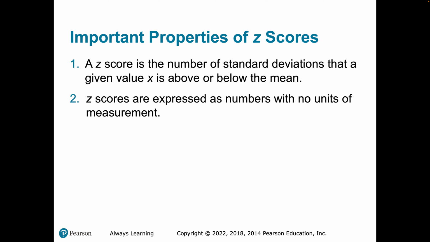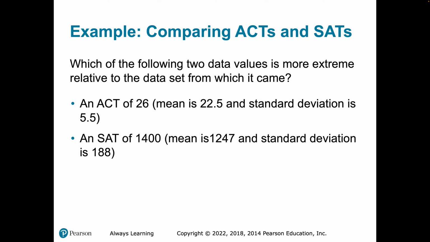Z-scores are expressed as numbers with no units, so they're just a standardized measure. One of the great things about z-scores is that it gives us a tool by which we can compare scores